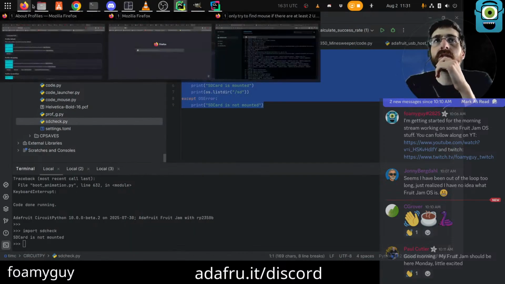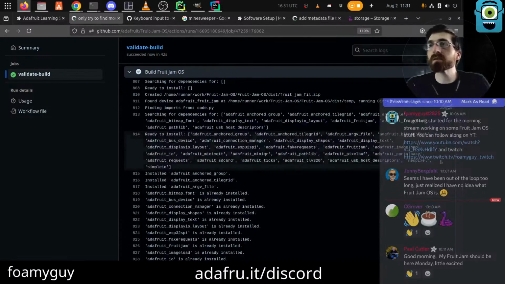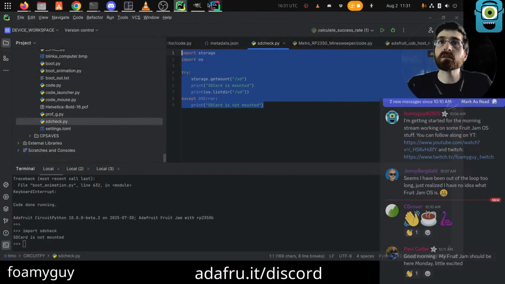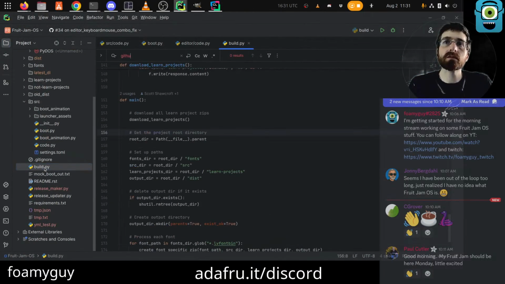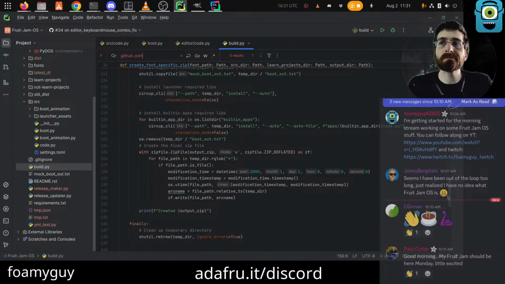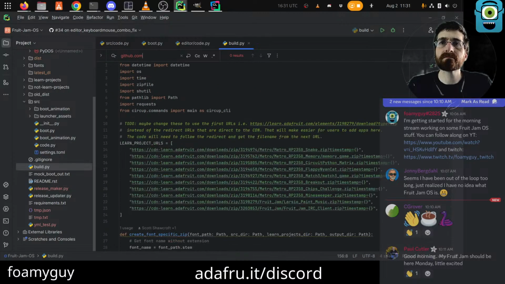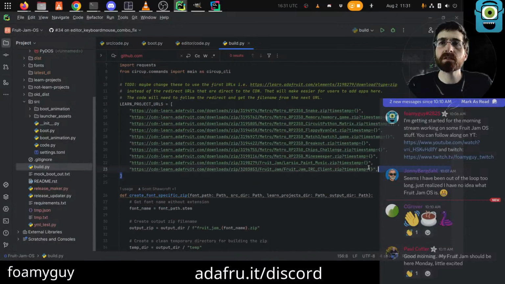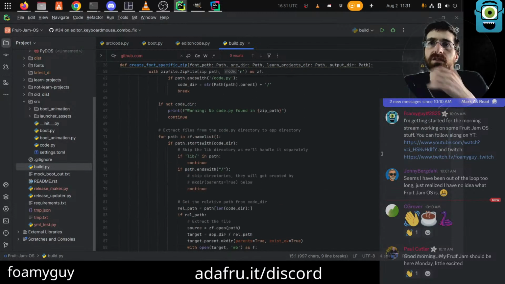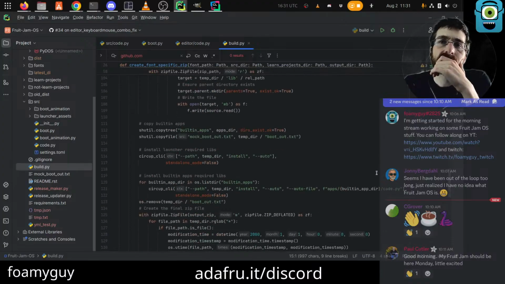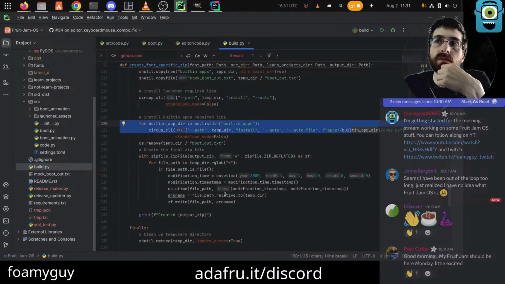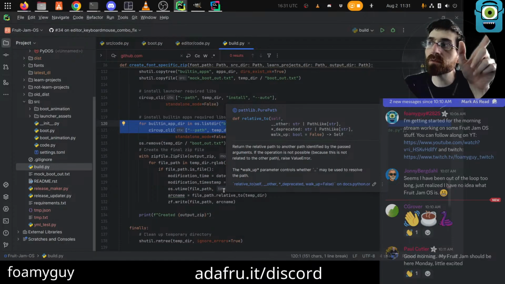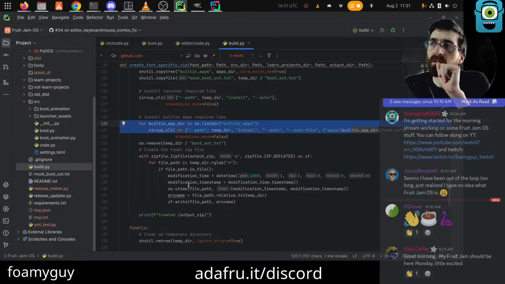Oh, yeah, it passed the second time. I think that was just... Maybe we can look in here real fast. Is there a github.com anywhere in build? I mean, these are all Adafruit URLs. There's Circup. Maybe Circup tries to hit GitHub to download the bundle, I think. I'm not positive on that though.